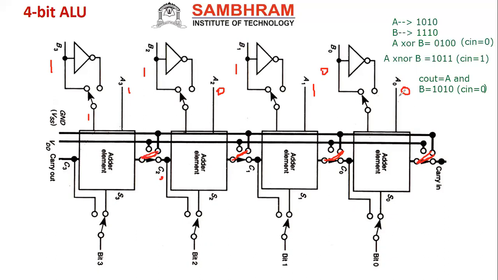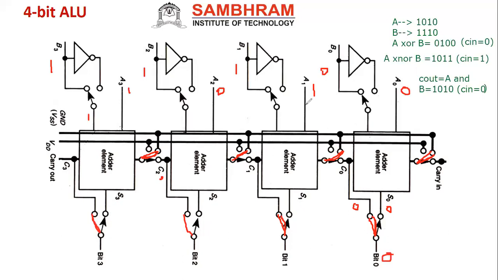Now you see 0, 0, sum. 0 plus 0, sum is what? Sum is 0, but carry is also 0. What should I get as output for the AND gate actually? It's supposed to be Cout. So this switch will go over there. So I will switch it. Okay. I'm just connecting the switches like this, because to get the output for AND, I should take the output from the carry. So now what will I get here?